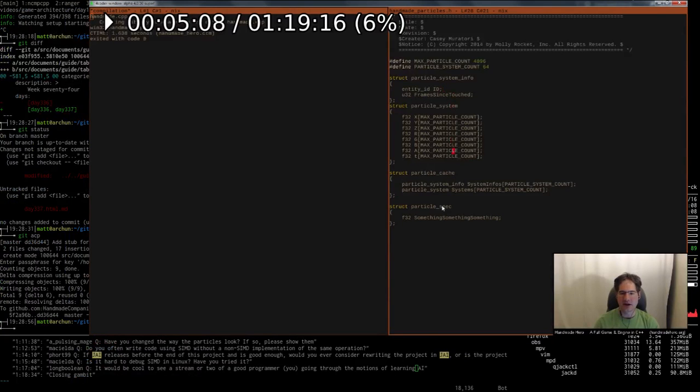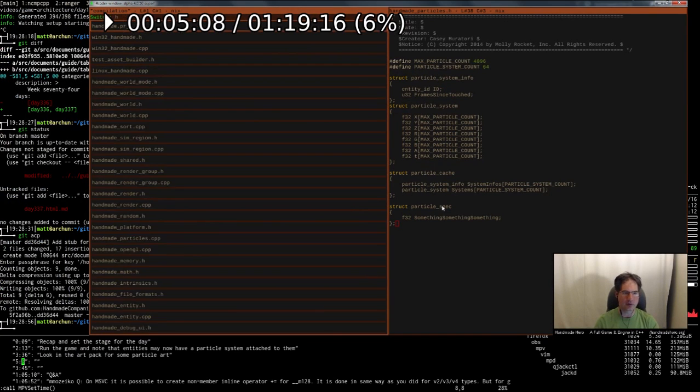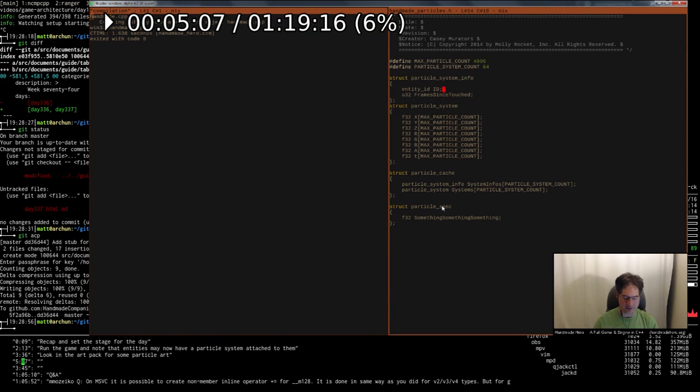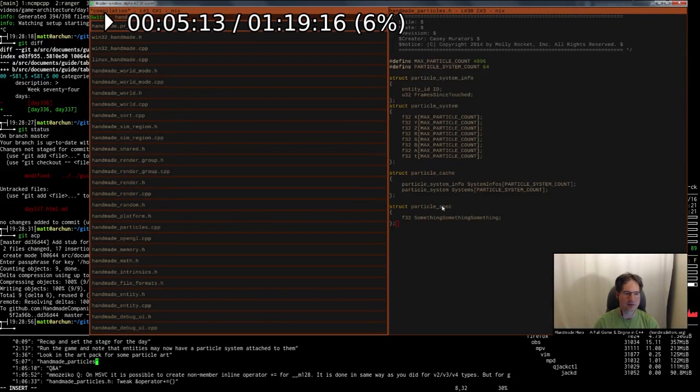Look at this here. Let's say that I just want to do something similar to our existing particle system, because we already wrote some code, right, that was for an existing particle system. And that particle system,